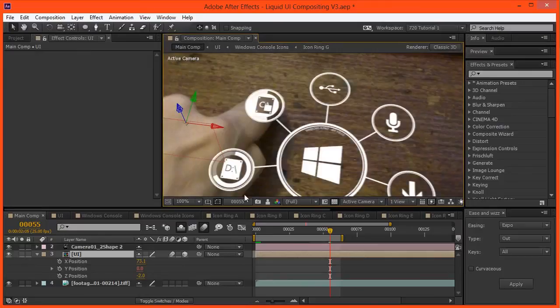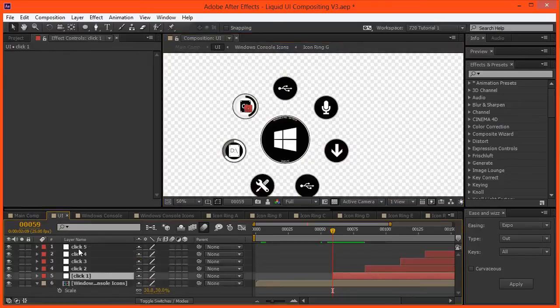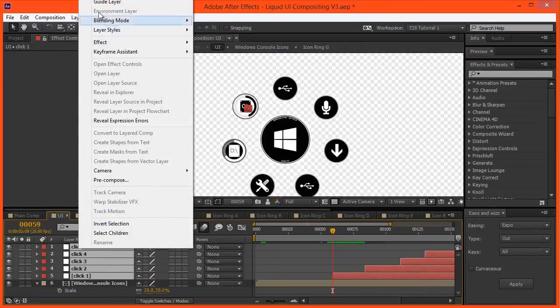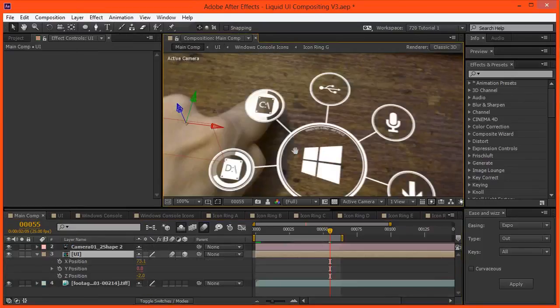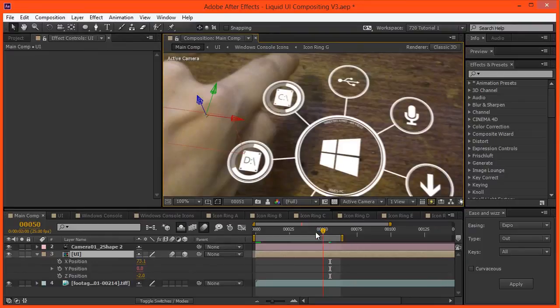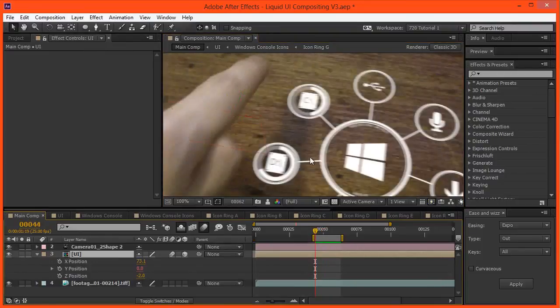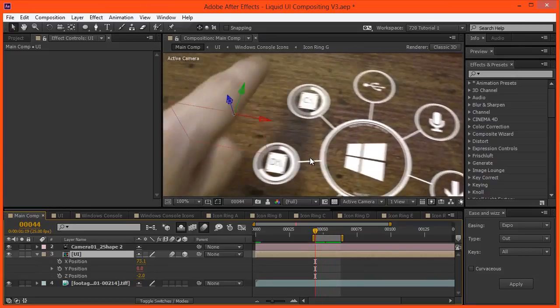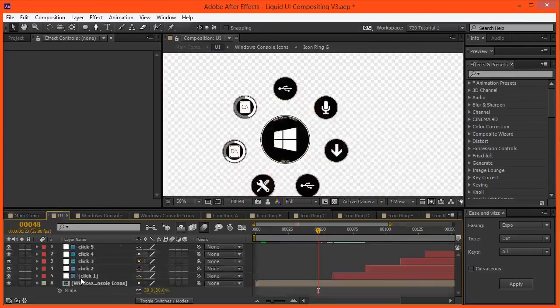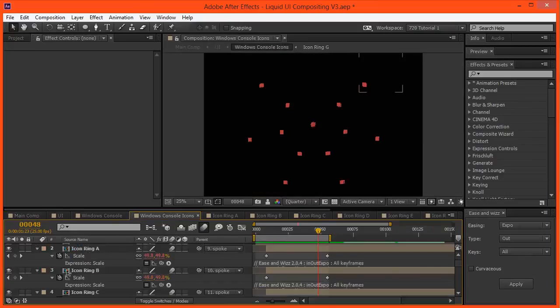What we might want to do is make these guide layers, because we don't want to see those. It actually might be off screen, but it's a guide layer there. And let's see how this looks. Okay, that looks pretty good. I wouldn't mind having something else extending past there, so I'm just going to come into UI. Actually, we'll come into the Windows console,